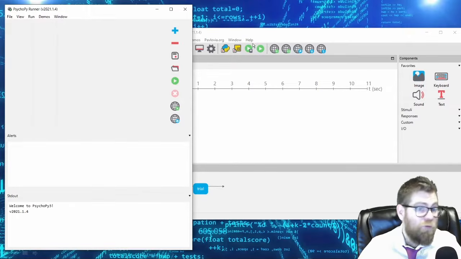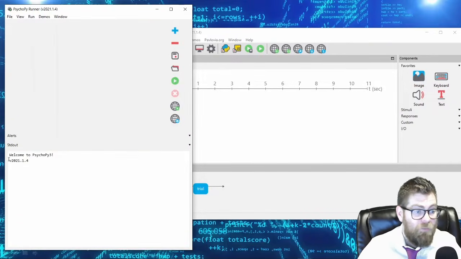This window will come up when you try to run an experiment, and it will show you a list of recent experiments and give you options to run them online, or do various other things. For our purposes, the runner window is also going to be where we see output. So when you have errors in your code,